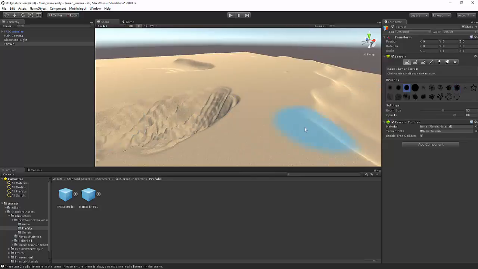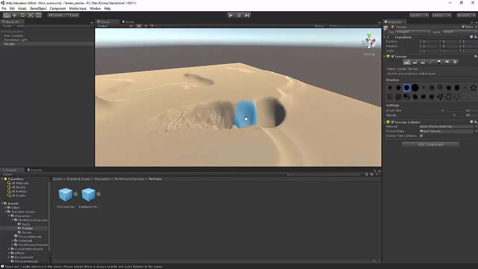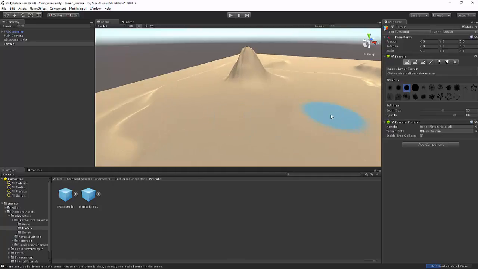Or if I wanted to, say, make a river. Those are obviously way too much, but you get the idea. Unity has a Control-Z shortcut like most programs to undo, and it saves several undos, so you can do that. So I'm going to pause my video, and I'm going to come back in a minute after I've sculpted my